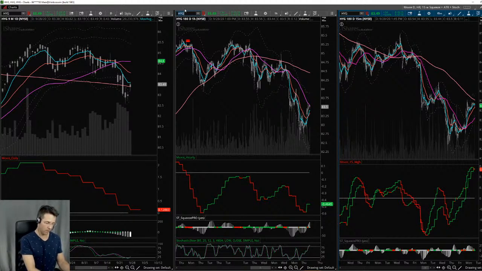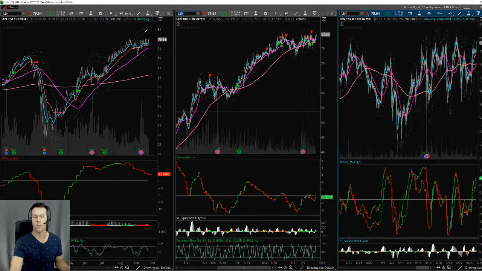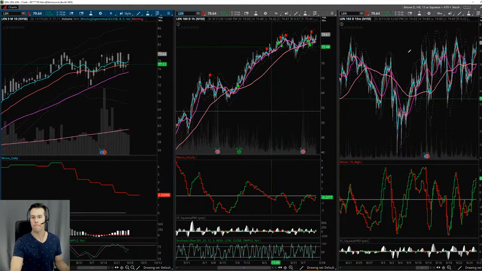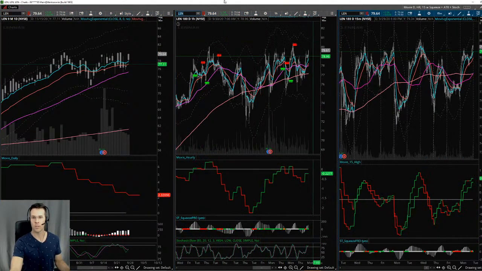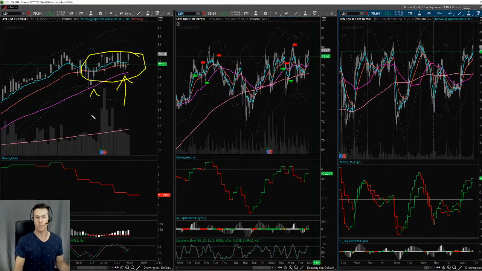All right, then let's see. One of the other ones I wanted to look at is some of the home builders, because I think that is indicative of the market as well. So something like Lennar, it is looking pretty good. Over here the 8 is over the 21, and price has bounced off of the daily 50 twice. So it's making progress, but I still don't see anything yet on the hourly chart. It hasn't engaged with the hourly 50, and it hasn't engaged with the 15-minute 50.